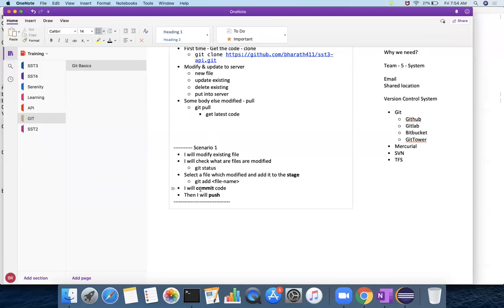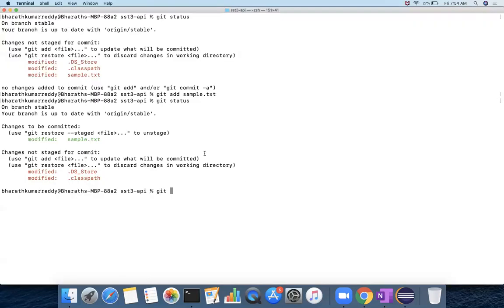So now git commit. This is the third command, to commit the code. So git space commit space hyphen m. There is no space between hyphen and m. Now after that you give the quotes. Here you have to give the commit message. Commit message means the purpose of the changes you have done, you have to specify.